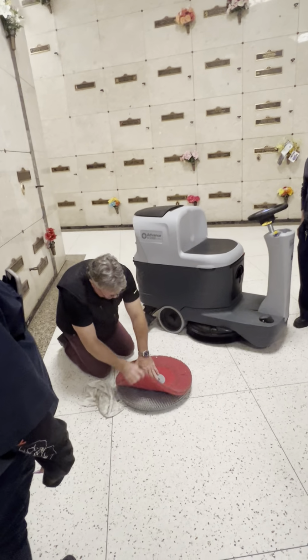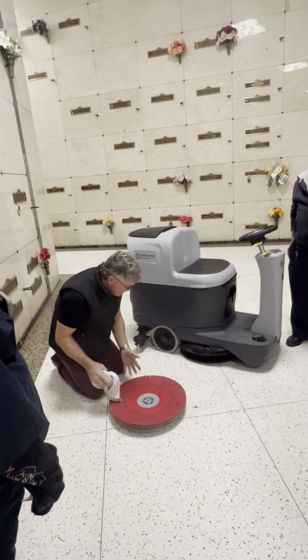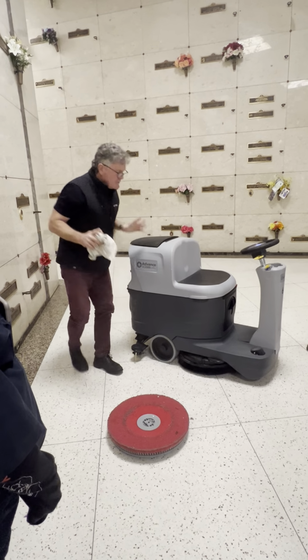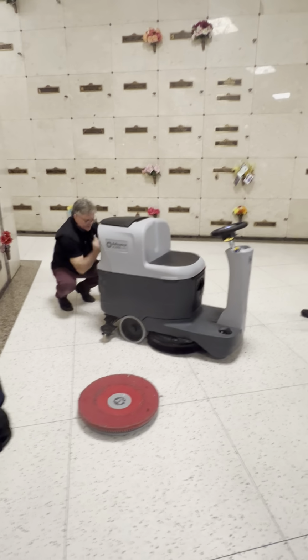And yes, you can flip the pad as needed. I think there's still plenty of life left on that pad. I'm going to leave this off for now. We're going to continue to follow the flow of the solution. So as the machine moves forward, we come back here, and